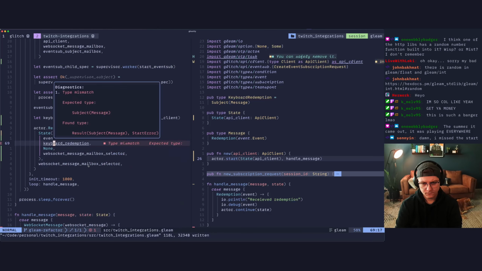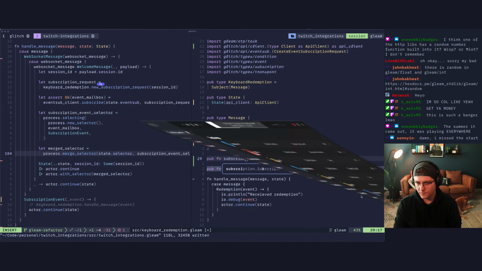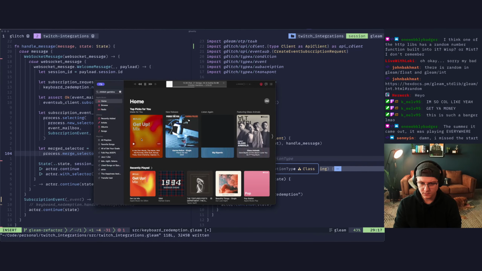And then down here, where we merged our selectors earlier, rather than merging selectors, we're gonna write a subscribe function. So we'll say pub function subscribe. Let's actually move this up here.